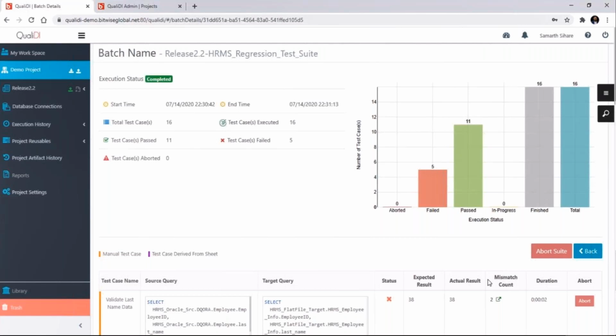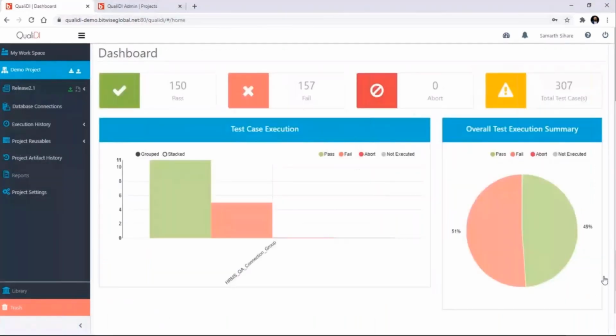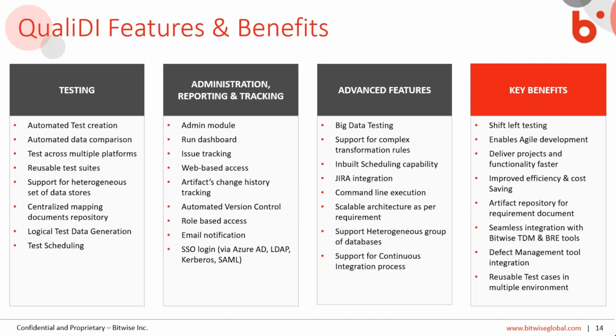In today's competitive technological landscape, the barriers to compete are minimal. So the best way to survive is to be able to move fast and defend one's stature by innovating. And this is all possible with the help of features and benefits that QualiDI can provide in the world of ETL. We have already seen how QualiDI can help us achieve shift left testing, fit in our agile ecosystem, and help us with cloud testing and different data stores using a heterogeneous set of data stores.